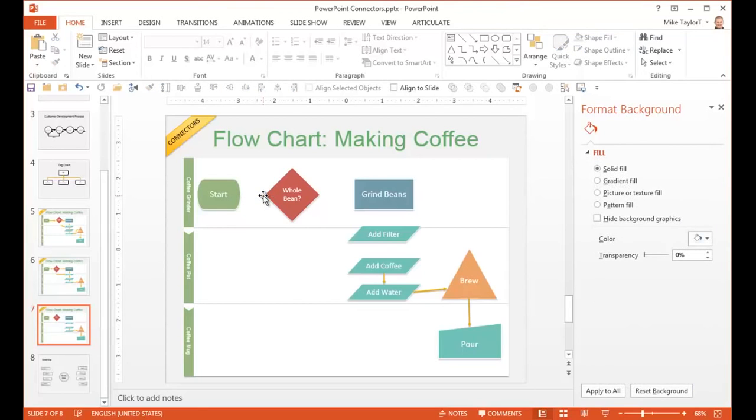So if I want to make this a connector instead of a line, I'm just going to do the same thing. I'm going to start the same way. But if you notice, when I hover over this shape, I get these black connection points, one on each side of this shape. So you want to start your line right on one of those connection points, and then when you drag it to the next shape, I've got 4 connection points on each of the corners of this shape, and you just want to make sure you drop it on one of those anchor points